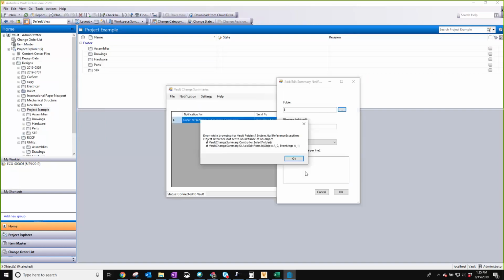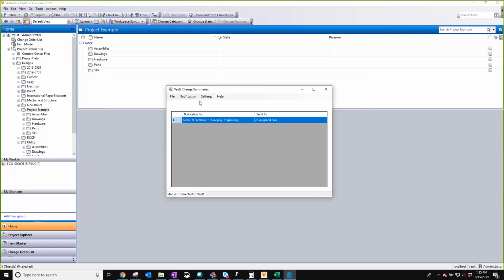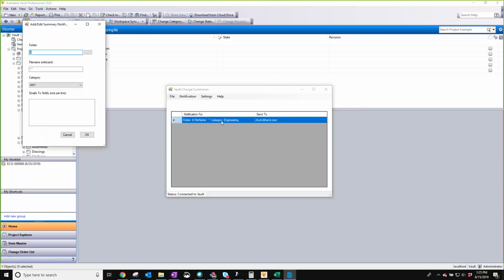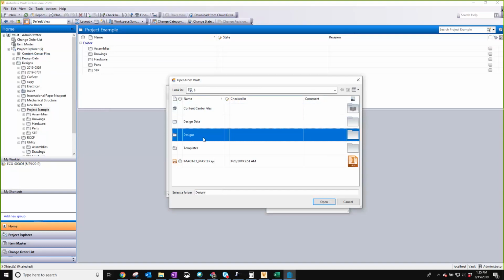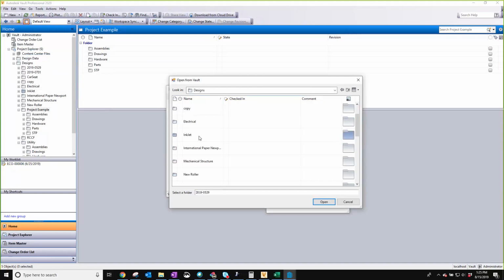Actually, I changed my mind. I apologize. I am going to create a new one. I'm going to add one here. And the reason is I'm going to do a test on the one that I have, and I just want to see that. But I can say, all right, well, there's a particular project here in Vault,